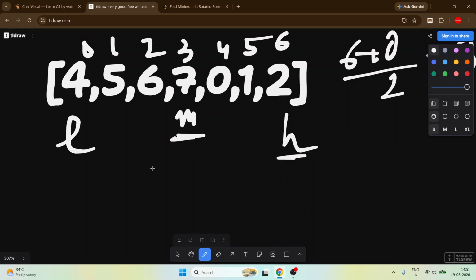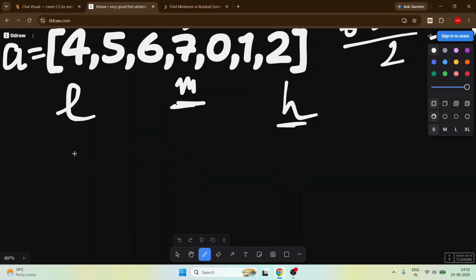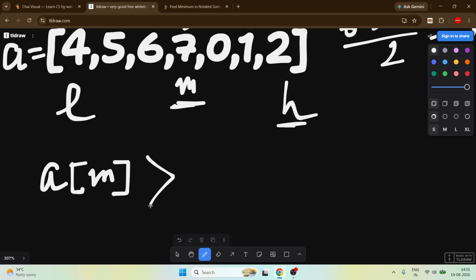If we take this array as A, then if A of mid is greater than A of high, then we have to search in this portion.